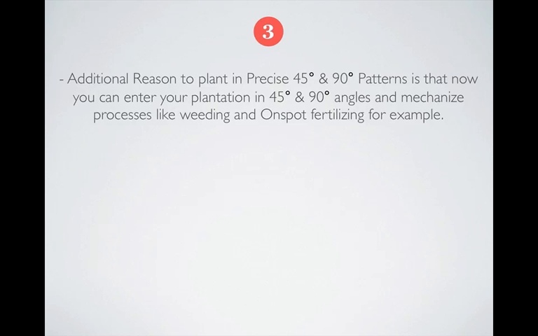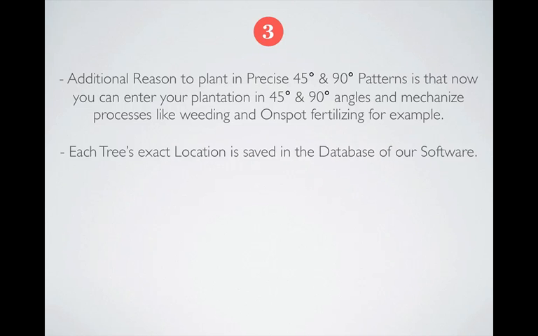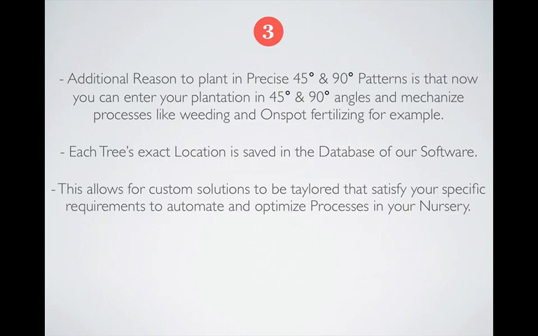Another reason to plant in precise 45-degree or 90-degree patterns is that now you can enter your plantation with any kind of equipment in 45-degree or 90-degree angles and mechanize processes like weeding or on-spot fertilizing, for example. In addition, each tree's exact location is saved in the database of the TTPlant software. This location data can be used to develop custom solutions that satisfy your specific needs to automate and optimize any